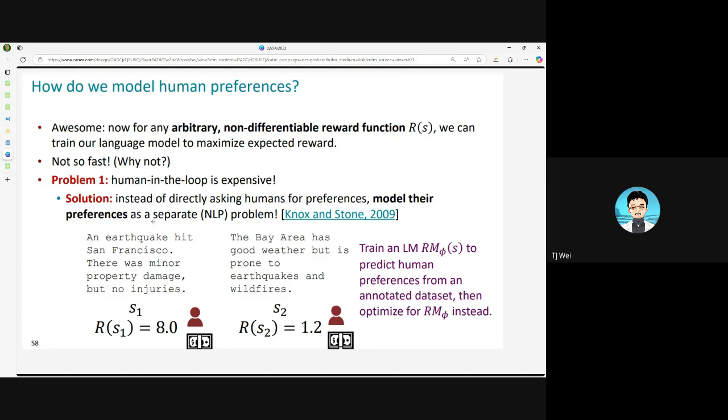Okay, the idea, but there are still some issues. The first problem is that human is very expensive. Human in the loop is very expensive. So one way to do that is we simply ask humans for their preference and model their preference as a separate